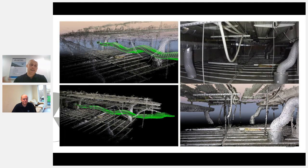Excellent. And obviously with the likes of photogrammetry, it can also be applied to internal flight as well. So for any areas which are inaccessible, I mean, this was a model I just put through my laptop over the course of a couple of hours from the Helios 2. The green line that you see on the left-hand side photos are just multiple photos all taken. And the software basically uses GPS, but in this case, just the photos, angles, colors, dimensions to piece together a visual representation of what you're seeing,